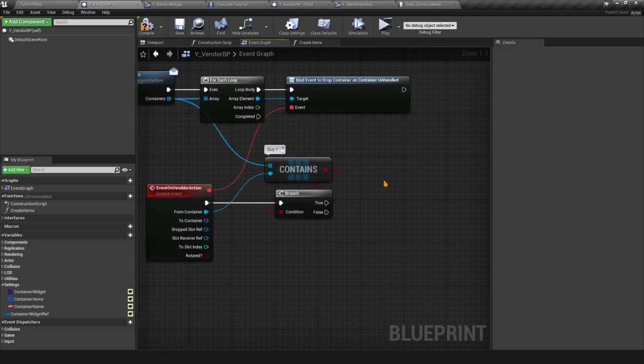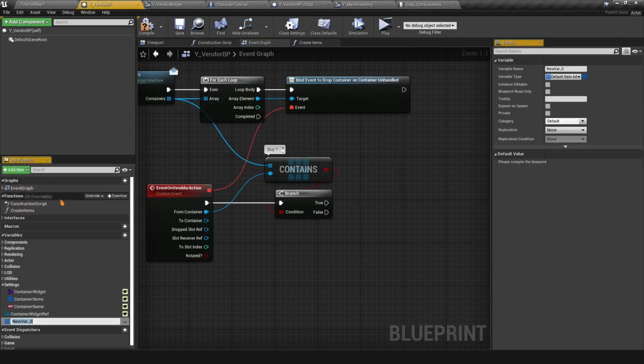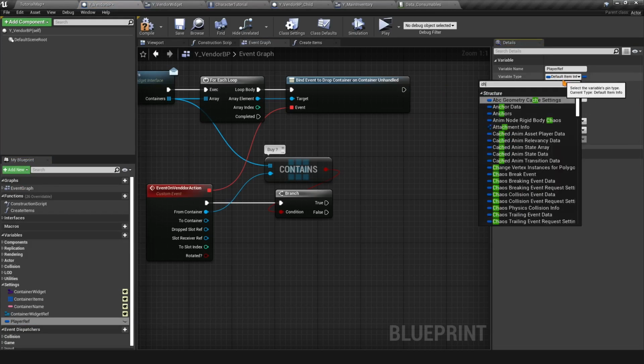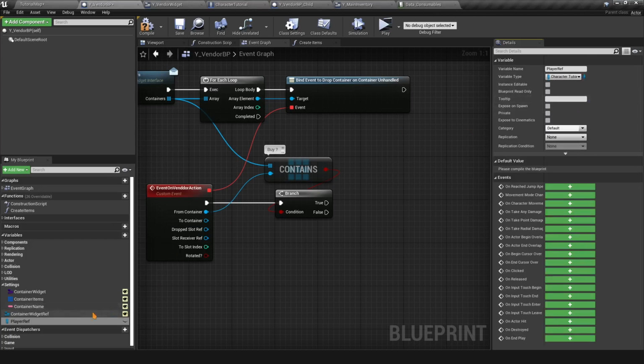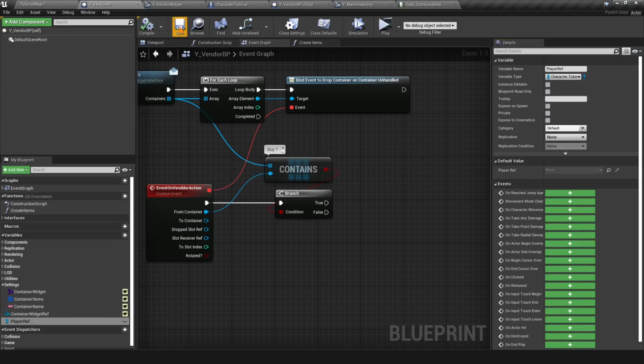If it's true, we are going to check if the player has enough money first. To do that, we actually need the player's reference. So we'll make a variable here, player ref. This player reference is going to be an exact reference, which is the character tutorial. So character tutorial here, object reference, and we need to set this reference when we actually interact with the